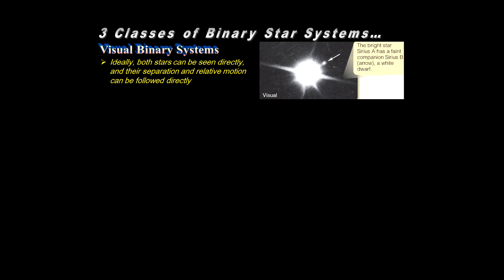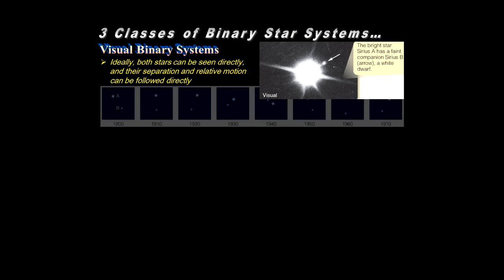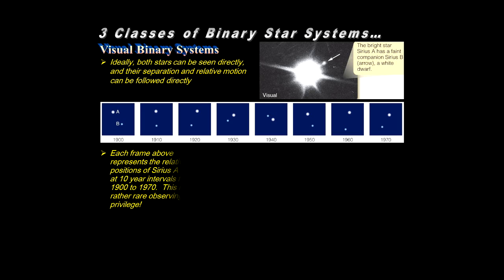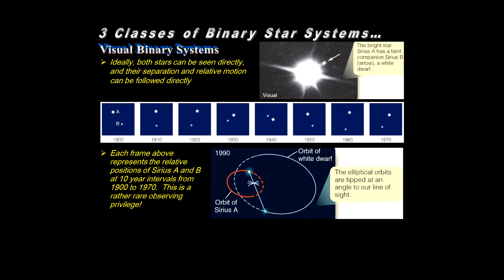Turns out that Sirius B is a real little star, quote unquote. It's a white dwarf, so it's really an ember, but nevertheless, same principle. It's shining bright enough to see it. And here are different positions of those two stars over decades of time. From 1900 to 1970, you don't see this very often, but we've had the privilege of observing these stars